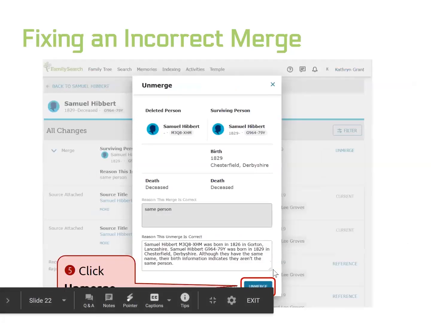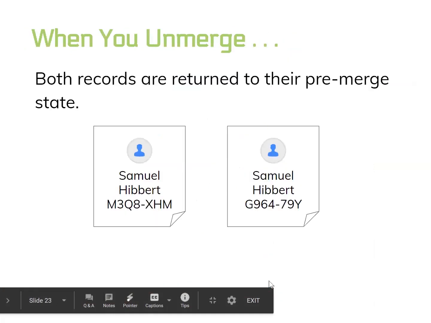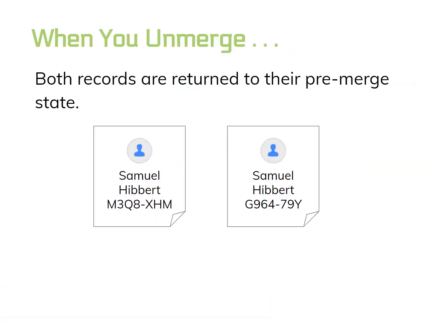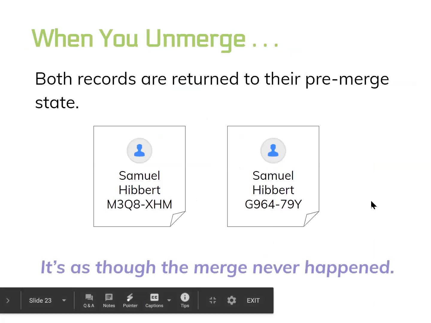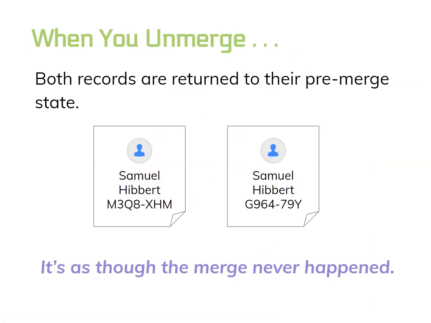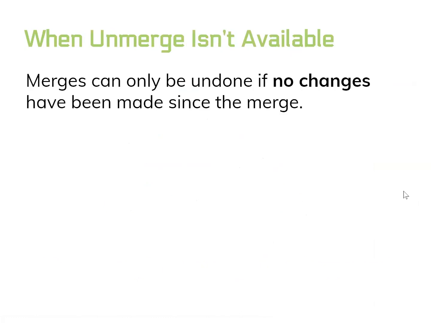And then I just click on Merge, and voila, both records are returned to their pre-merge state. It's actually as though the merge never happened. Everything is just back to exactly the way it was before the bad merge was done. Okay, that's the easy scenario, but I would say probably 95% of the time, you're going to run into the